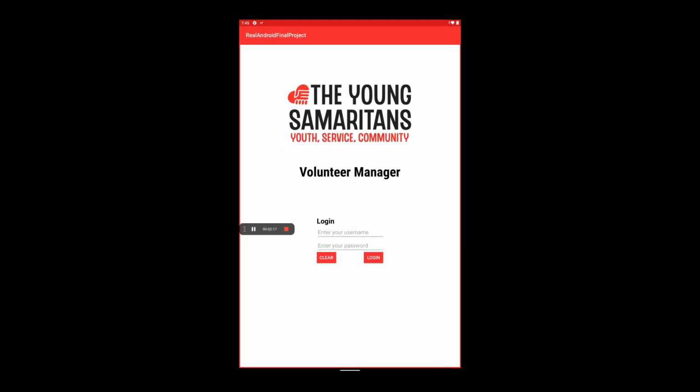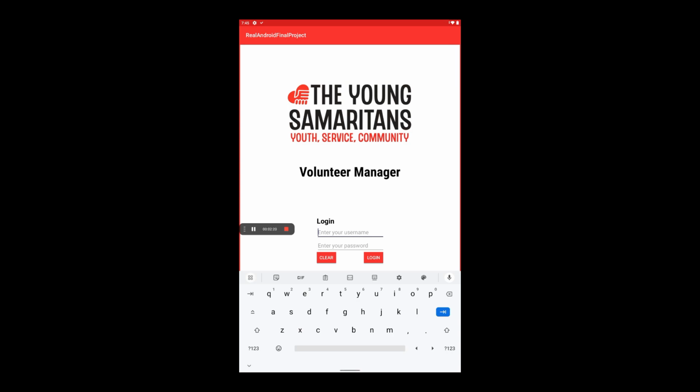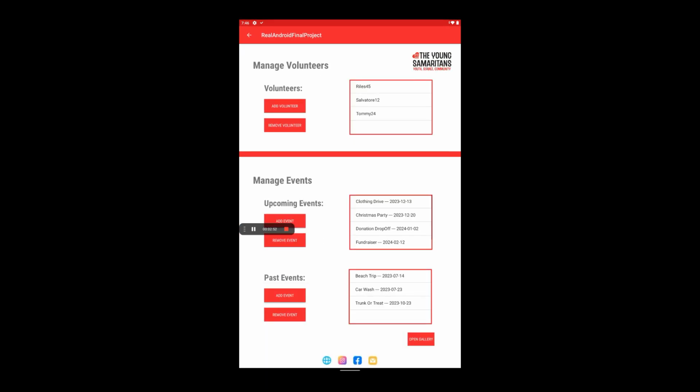Then here we're going to look at the admin page, which the only admin page we have, the account that I have added on the Firestore is one called admin123, and then admin123. Of course, you would want better passwords, but for testing cases and everything, we're going to keep it nice and easy. I guess we can also show this. If you hit clear here, it will just remove that. This is a nice feature in case you want to reset real quick. Let's put this in really quickly. Log in,